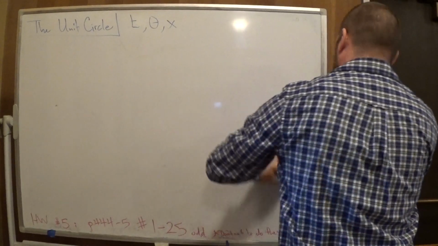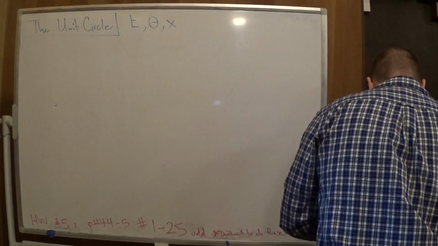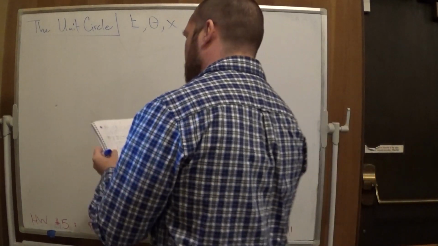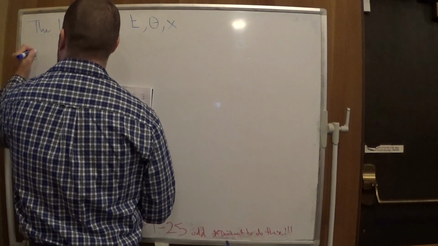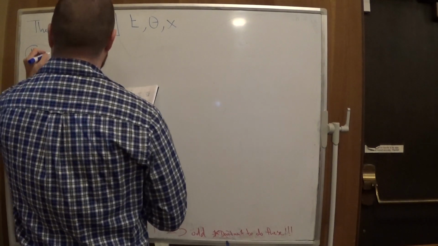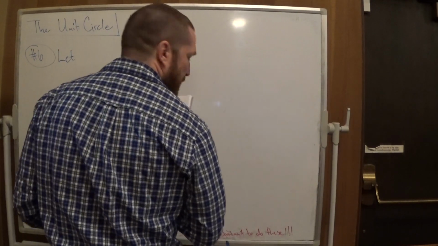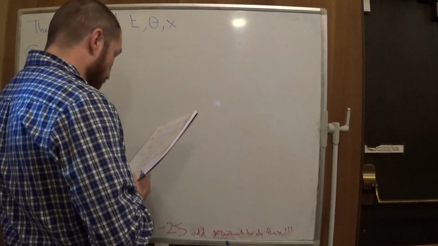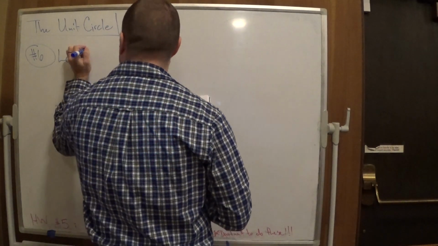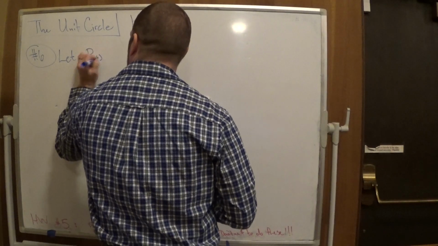Okay, this is where it's going to get fun. Let's look at number 6. Actually, it'll get fun in a few more minutes. Number 6 is kind of boring. I'm writing this out because this is just the way that the book words it. Let P of t